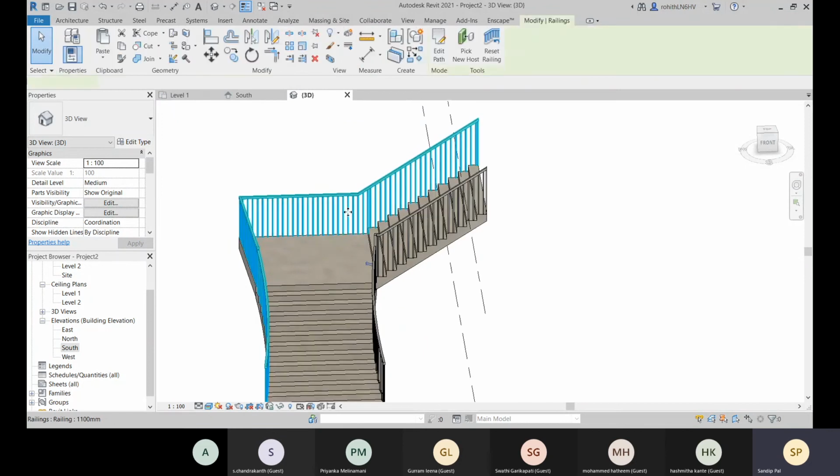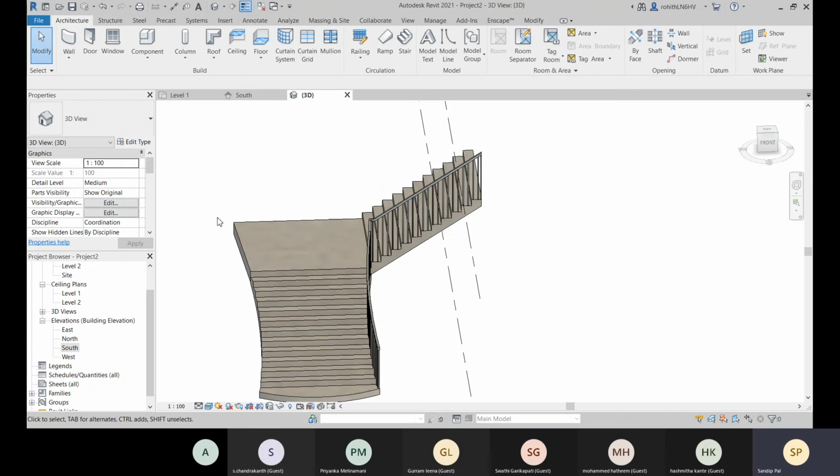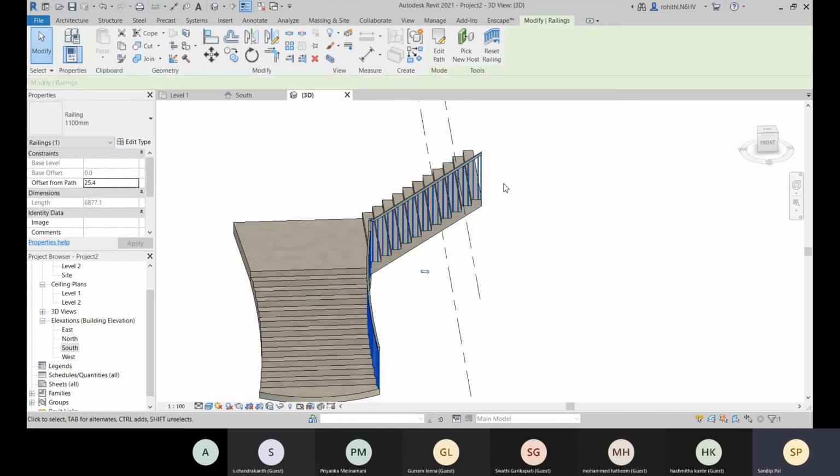And suppose you have removed this railing, but after some changes, you require that railing again. How can you bring it back? You cannot bring back only one single side of railing. So you have to go with this place on stair and ramp. For that, you have to delete one.